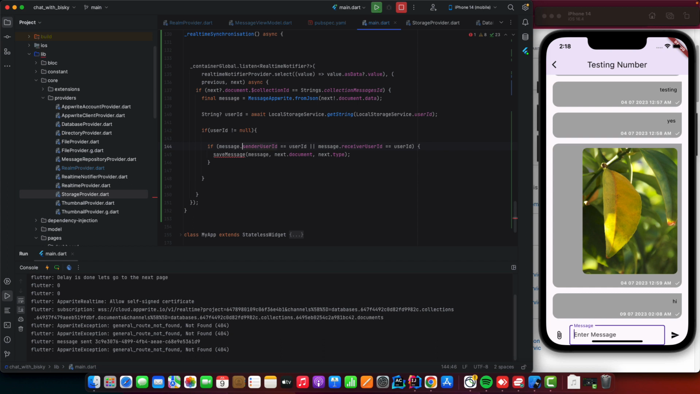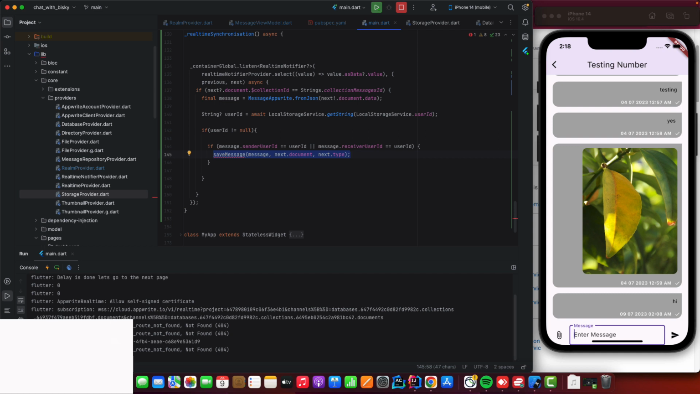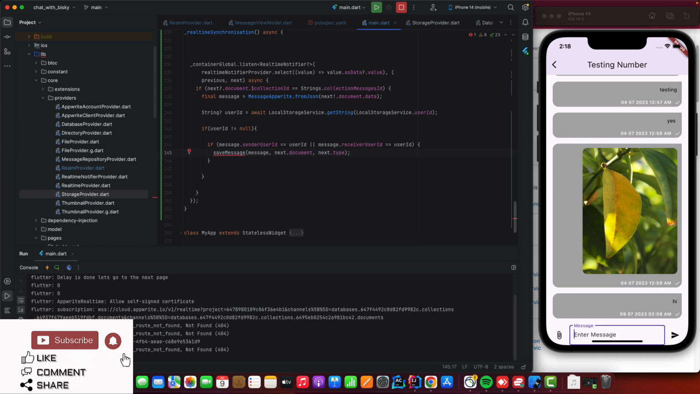So if the sender ID is equal to this one, the sender user ID is equal to user ID or receiver ID, we want to save only the messages that are designated to my user. If it doesn't match, we can't do anything here. So we want to do the same for